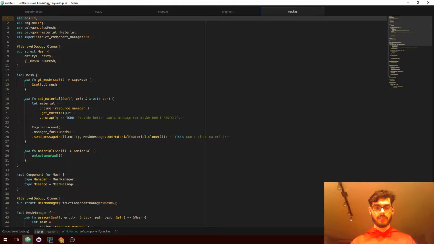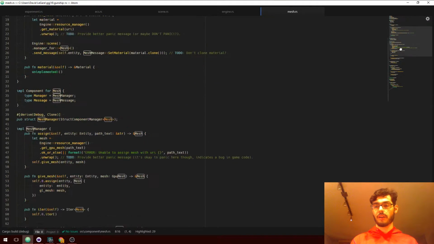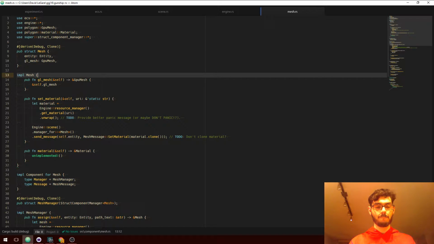Mesh.rs, component/mesh. So I'm replacing mesh with mesh renderer because I now have a resource called mesh, and I think I previously had a resource called mesh as well, but actually the resource will probably wind up being called mesh ID or mesh handle or something, but calling it mesh is a bad idea.